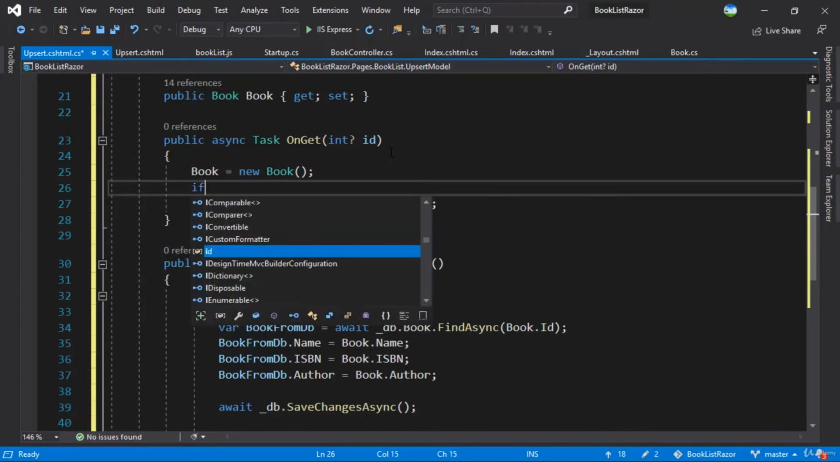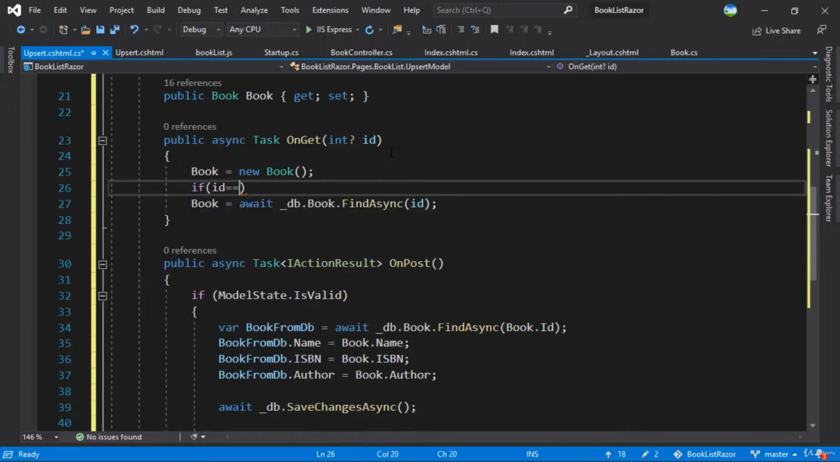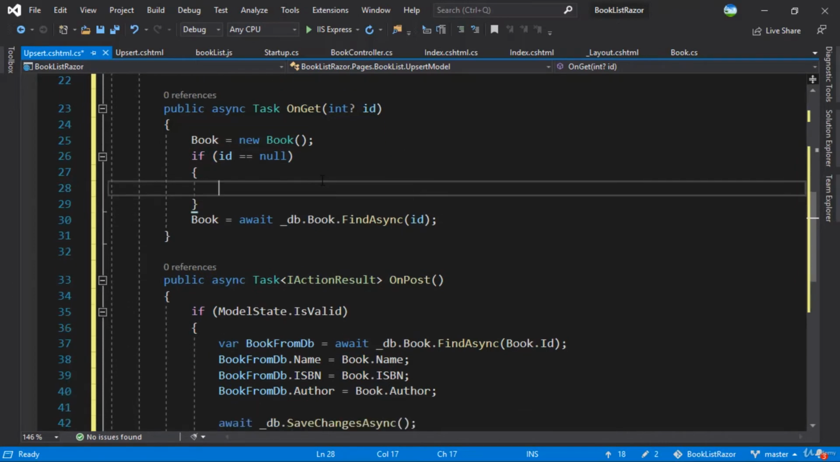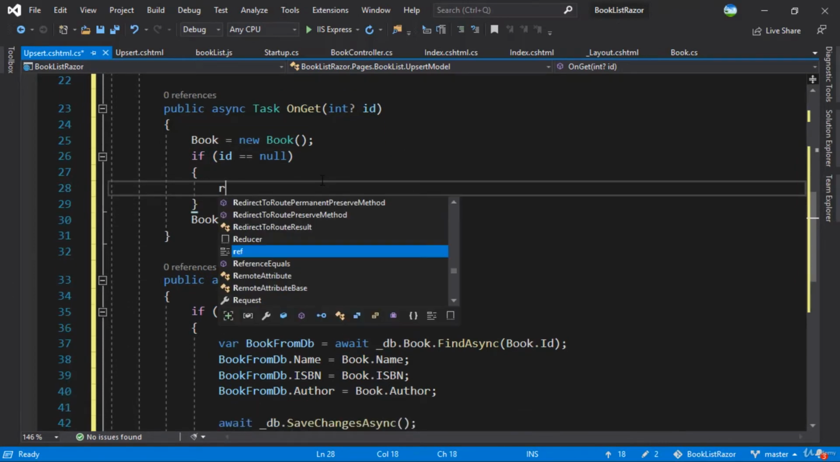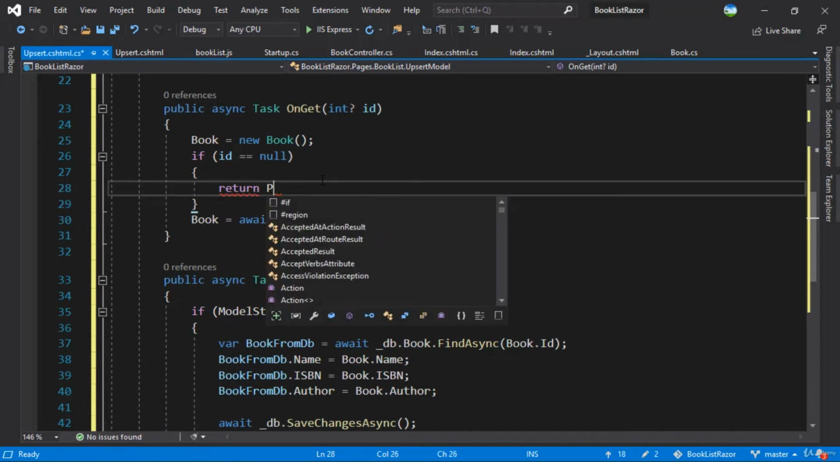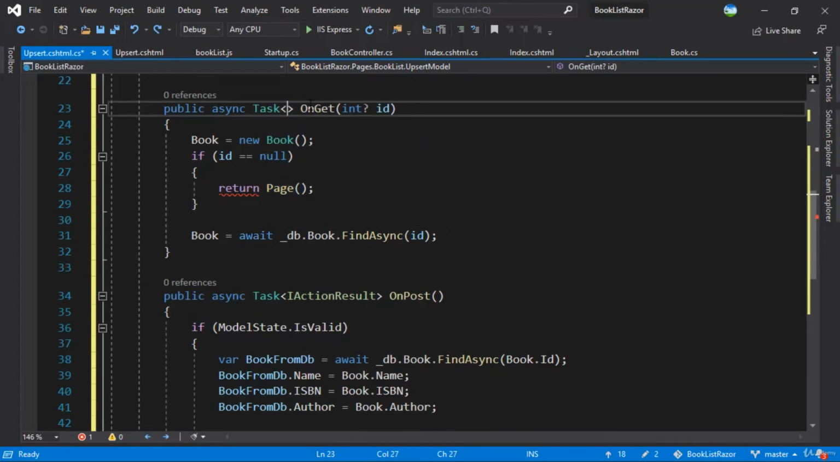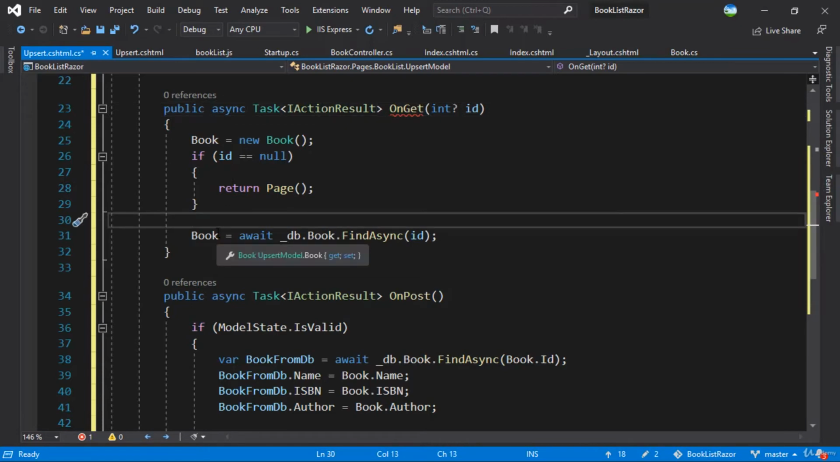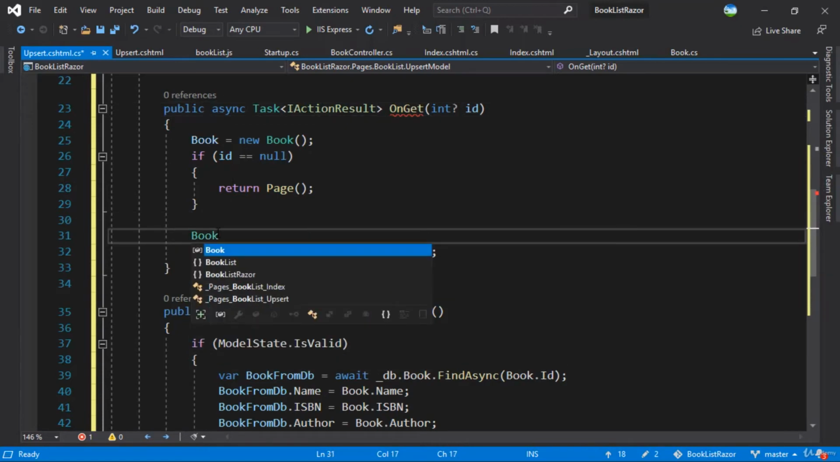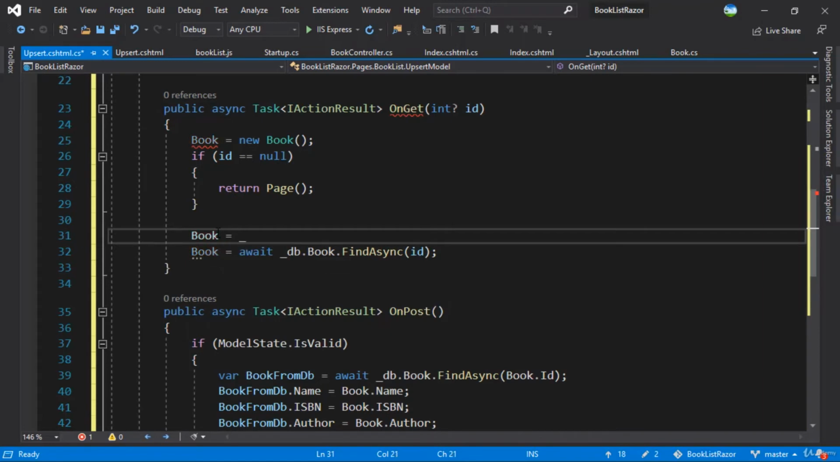Once we have that, we'll check here if ID is equal to null. If ID is null, that means that this is for create. So we will return back to the page. If that is not null, we will continue here. Because of this, we need to change from Task to IActionResult. If the ID is not null, that means we have to retrieve the book from the database. So book is equal to